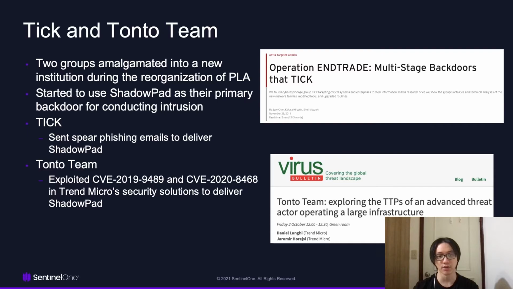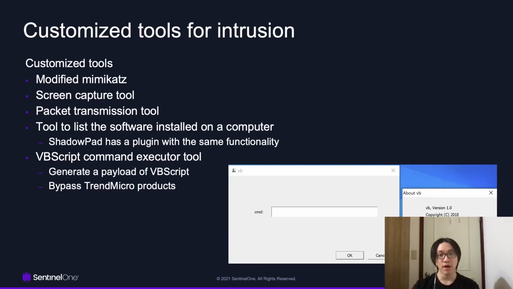Based on the sample set we collected, Tick and Tonto Team used at least 5 different versions of ShadowPad. However, all of the samples only contain the basic set of plugins. Because they still have the ability to develop tools by themselves, although they turned from self-developed backdoors to shared or leaked backdoors, they still develop some customized tools for intrusion, such as a modified Mimikatz,